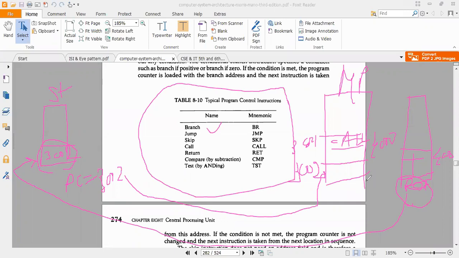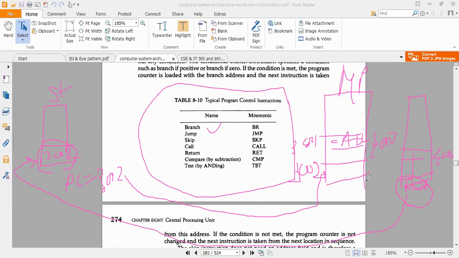This is the way. Whenever you are calling a subroutine, you have to store the returning address. That means you have to store the content of the program counter to the stack. Then you move to that subroutine, you complete the task, and then you come back again.